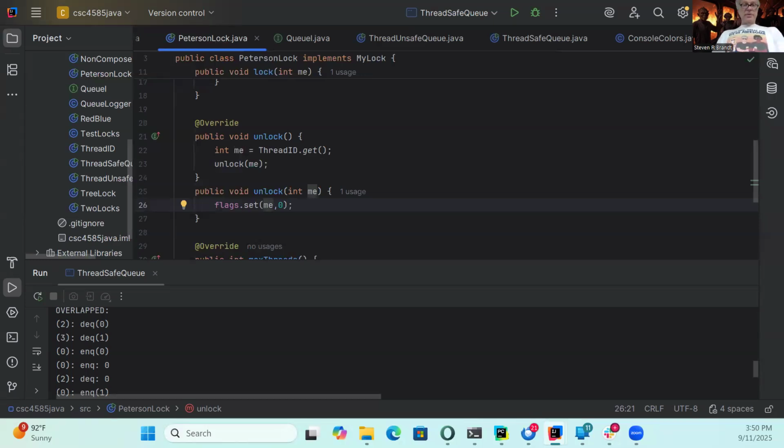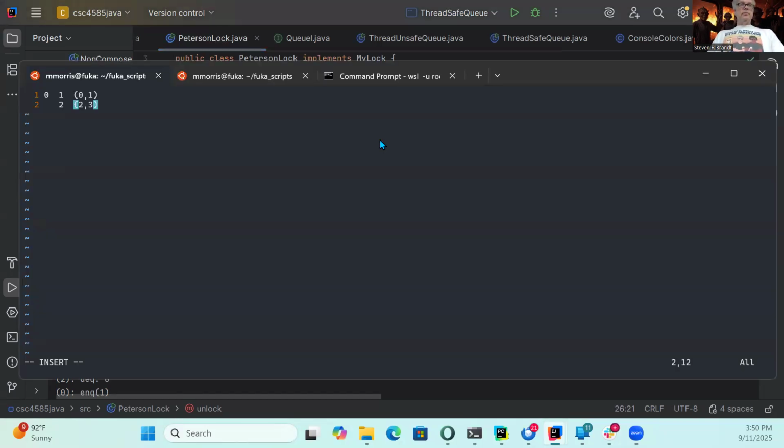Let's go back to my planning session here. The winner of this first competition is going to identify itself as Peterson lock ID number 1, and the winner of this one is going to identify itself as 0, right?